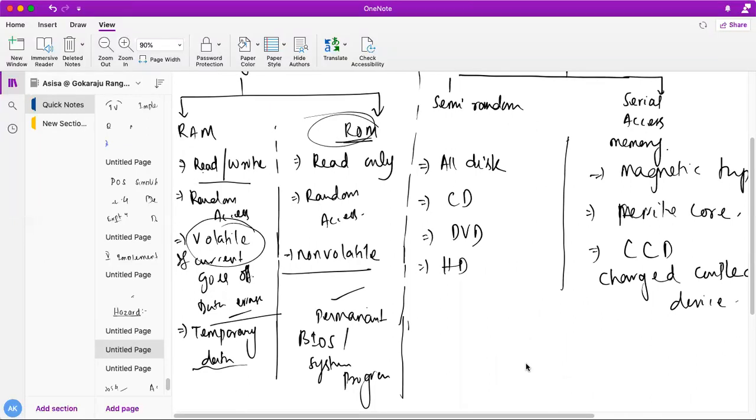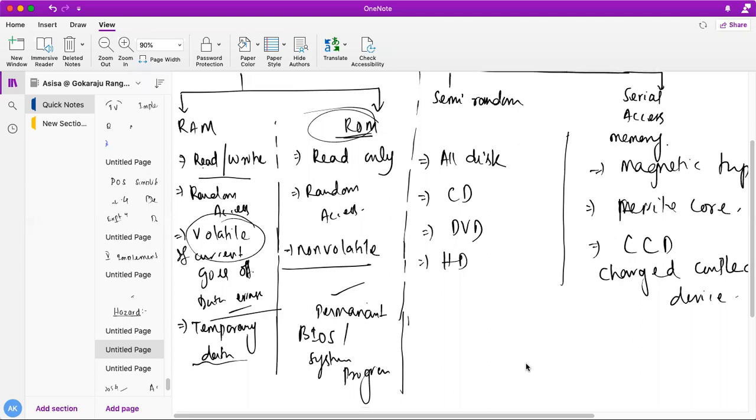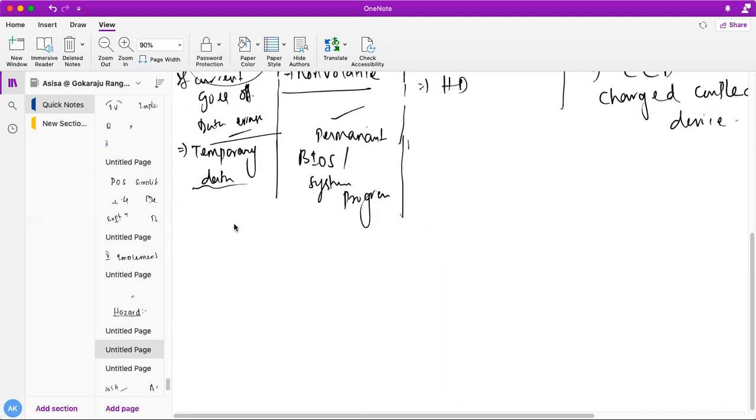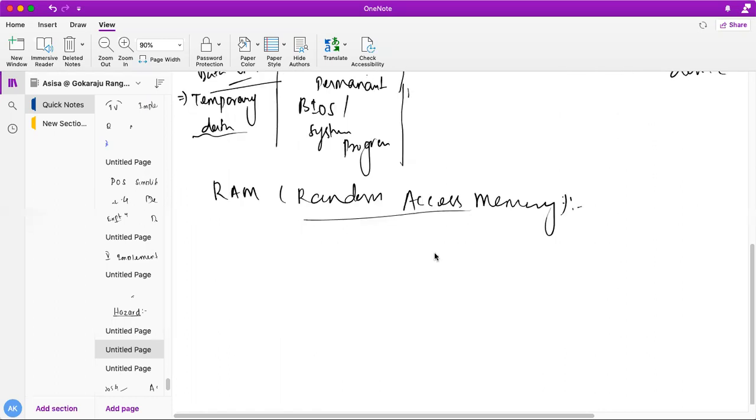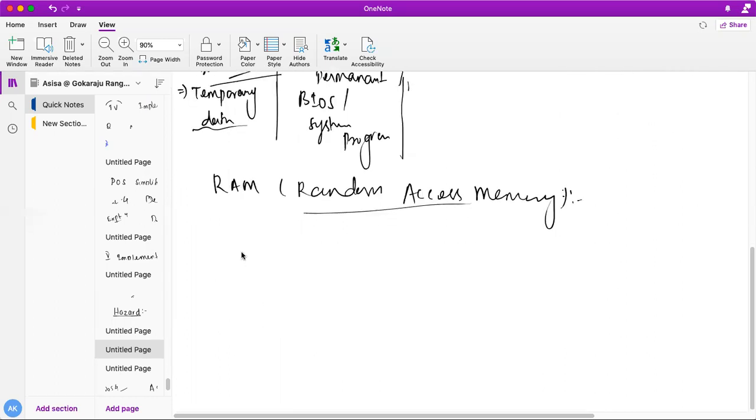Next, we'll go a little bit into RAM, because RAM is actually a little bit important. So what is RAM actually? RAM is nothing else, your random access memory. So what is RAM? You see here, each memory location, if m bits are stored,